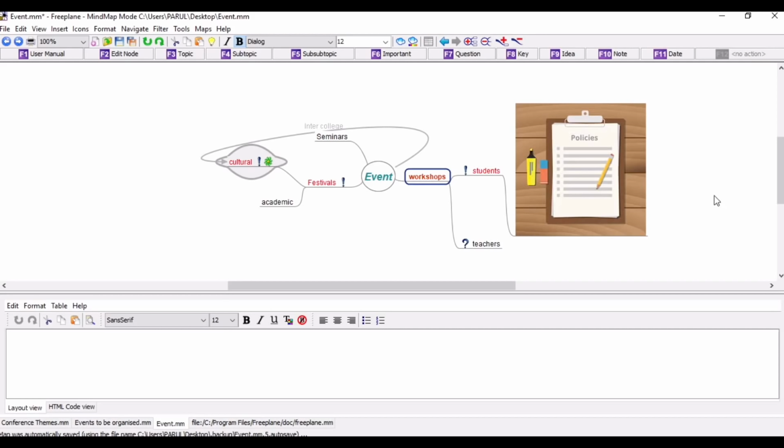This is a free open source software, so you can explore the features of the software and you can create as many mind maps as you can. This software primarily helps in individual brainstorming, so maybe you can ask the students to come up with mind maps and these mind maps can be collaborated later on. So feel free to explore the software. Thank you.